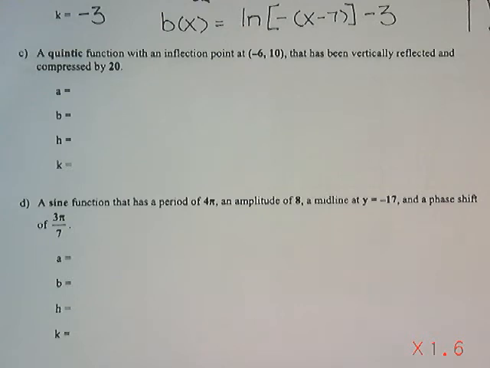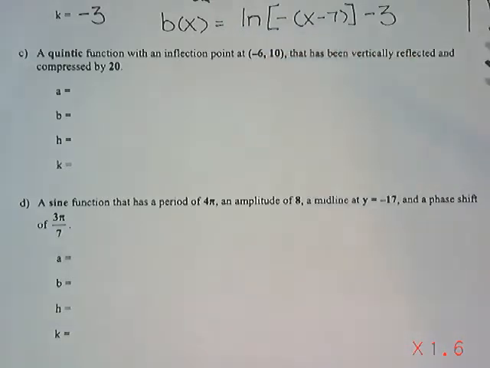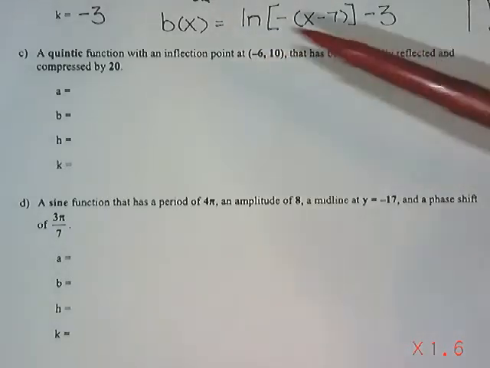This is part 2 of our lesson on equation of a transformed function. So we are on part C. Part C says a quintic function with an inflection point at -6 and 10 that has been vertically reflected and